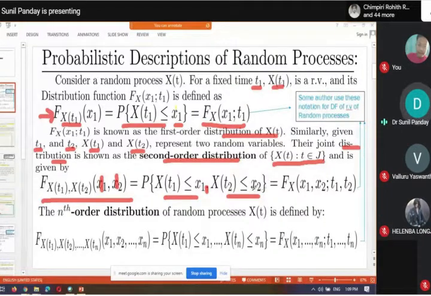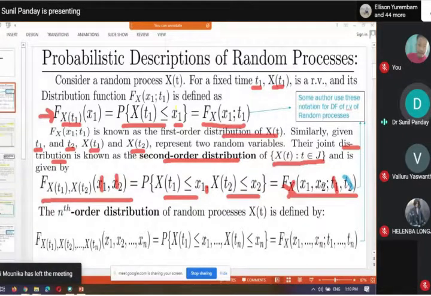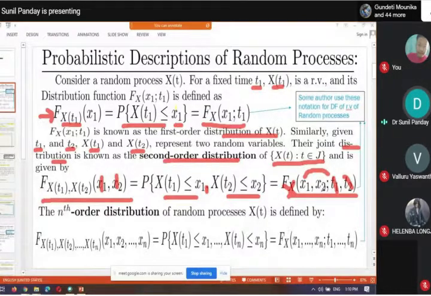Some author represents it through this notation Fx. x1 is the value taken by the random variable xt1, x2 is the value taken by the random variable xt2, and this x is representing the random process x, and these time instants tell us that for t1 we are having one random variable xt1, and for t2 we have another random variable, and this x1 is the value taken by xt1, and x2 is the value taken